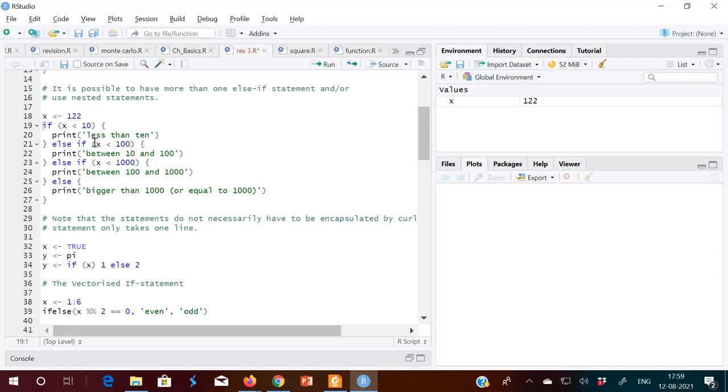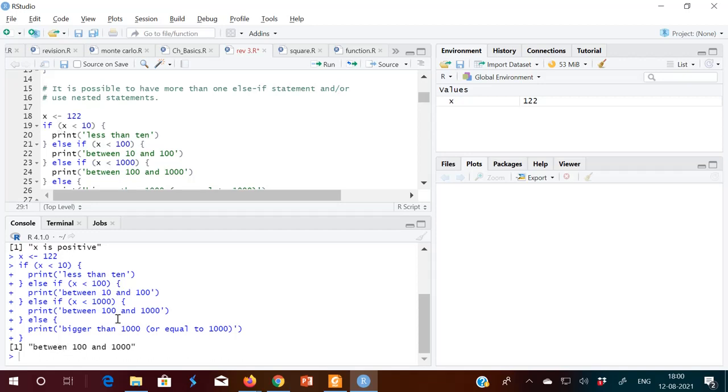See here two else ifs are there, and last one else command. So here it will print it is between 10 and 100. We can see, okay, between 10 and 100. So here I showed two else if statements can be combined,